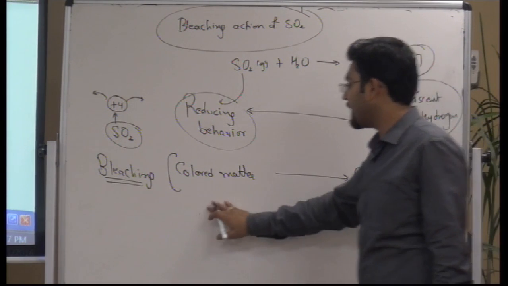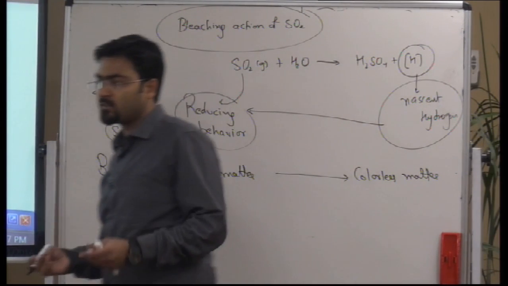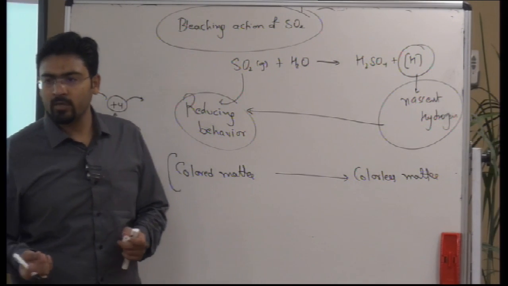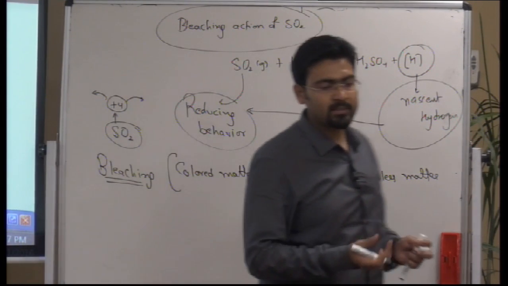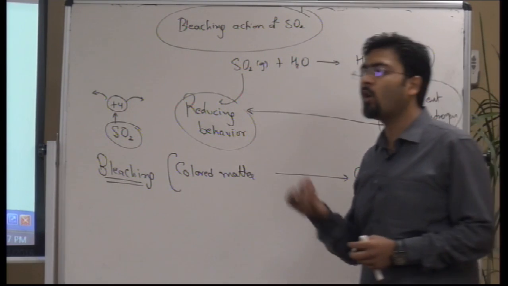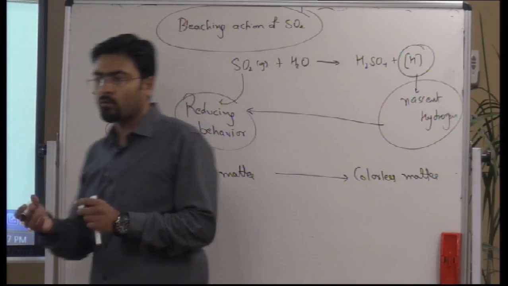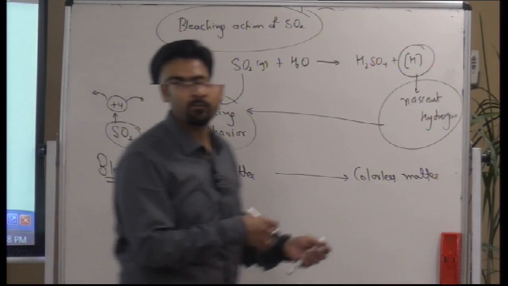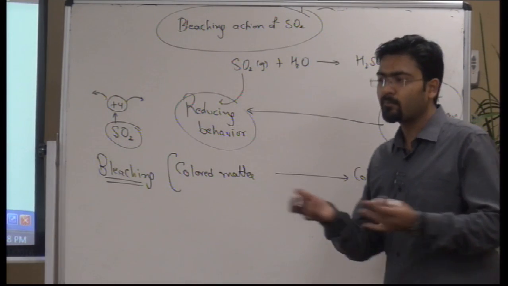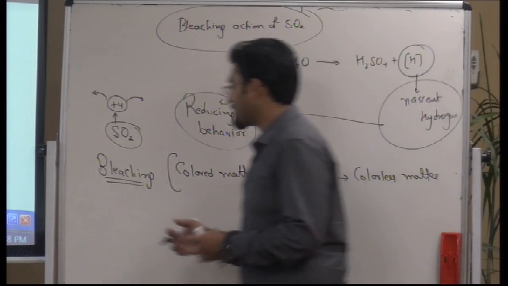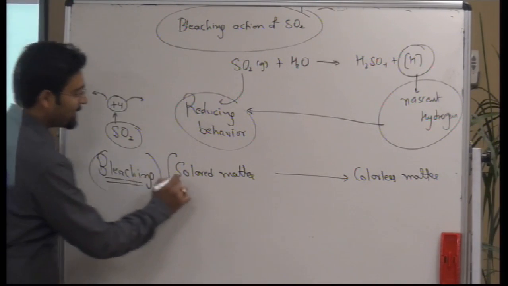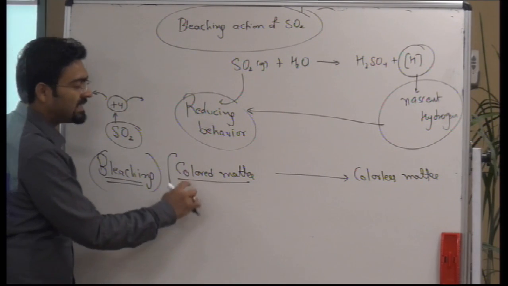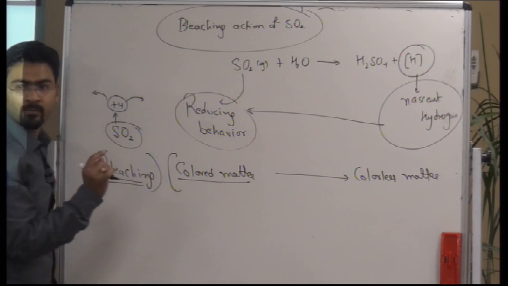So if, for example, I have a dye or any substance, the very basic example is, let's suppose, cotton. The cotton fiber which we obtain from plants is not pure white. It's off-white in color. But if I want a pure white shirt, or maybe a different color shirt which we wear these days, or not just a shirt but any other material. I'm obsessed with shirts probably. So the colored matter which is present in the cotton is removed by the bleaching action. Right? People